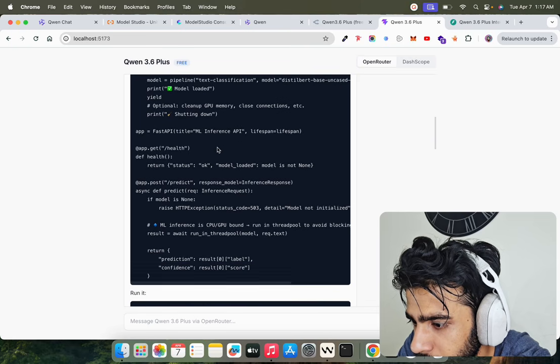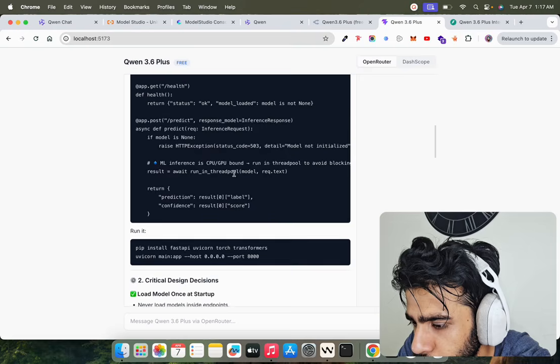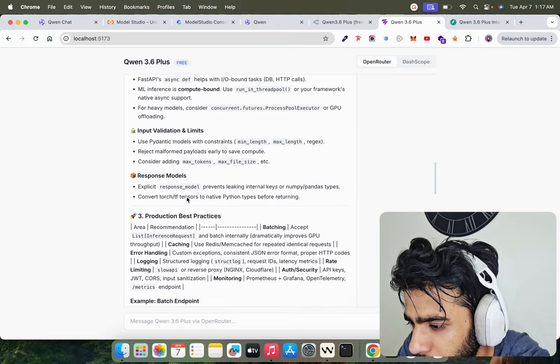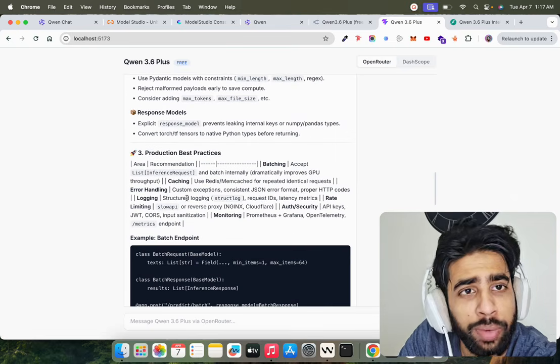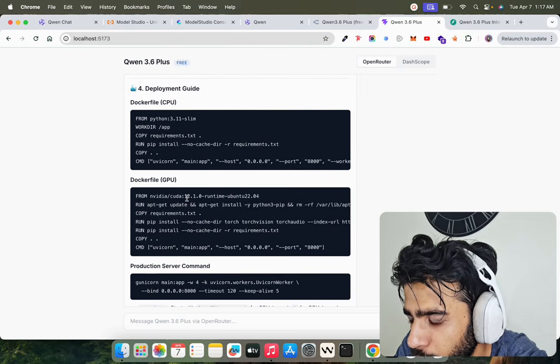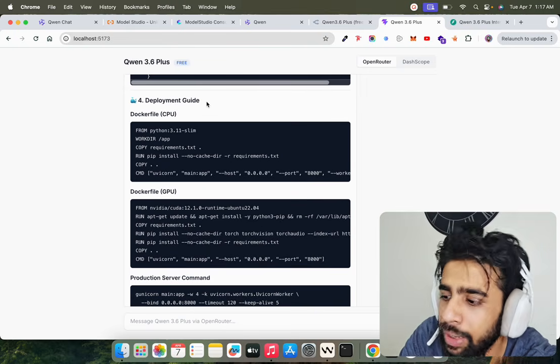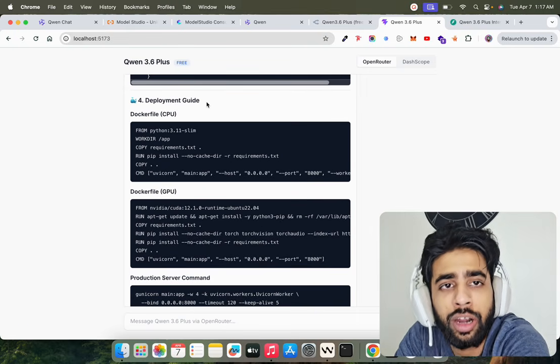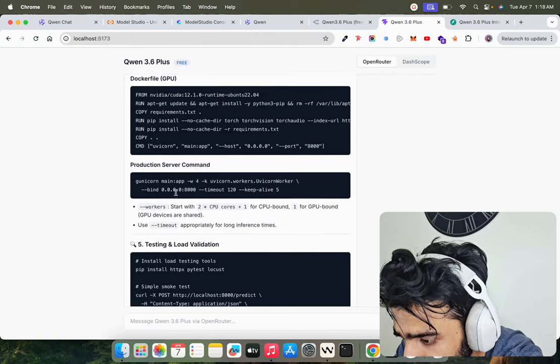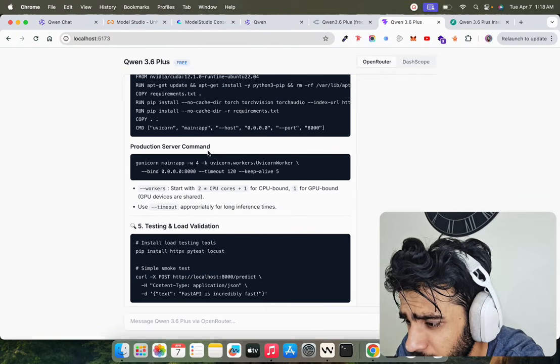Okay, so you can look at here. Let's say this. Run it. Load model once. Startup FastAPI. So it uses transformers pipeline to kind of run inference on this model. Looks good. It depends on what kind of model we are also using. Right? It also gives you the deployment guide, so we can go through, like let's say we can containerize that model through Docker, and we can use that. That's also there. And this is how you can serve it using